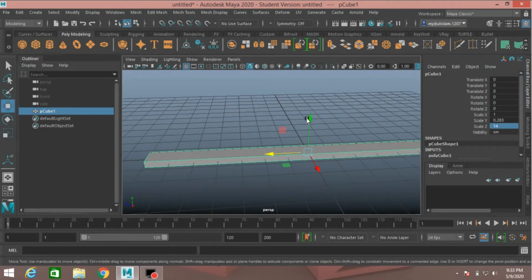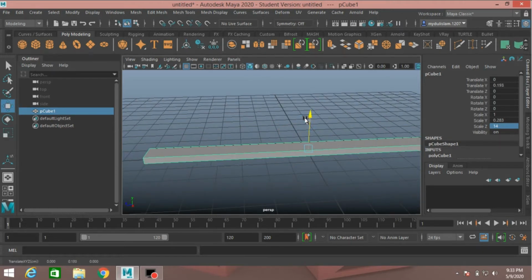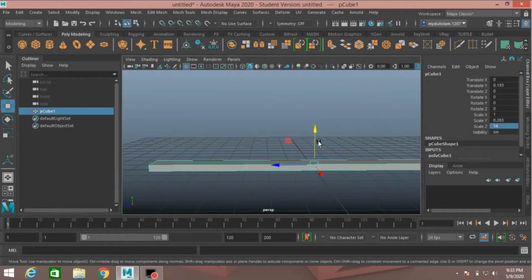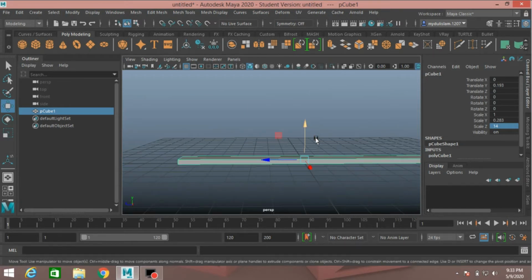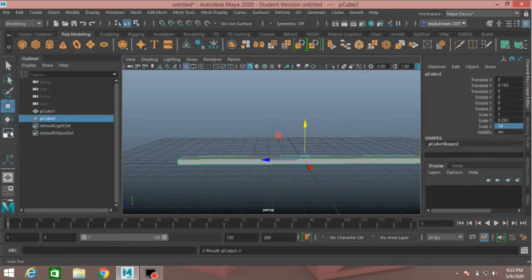Press R to activate scale tool and scale it just like this to make it thin. Now move it up just like here. Press Ctrl plus D to duplicate and scale it just like this.